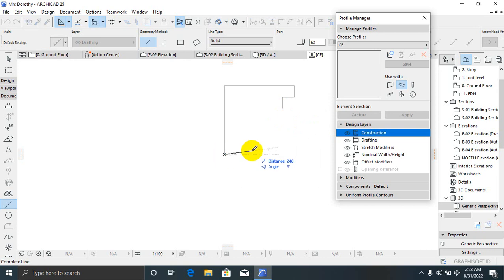So let me come here, 100, shift D, 100, shift D, another 100, shift D, 100. Okay, 100, and then I will draw like a straight line here,